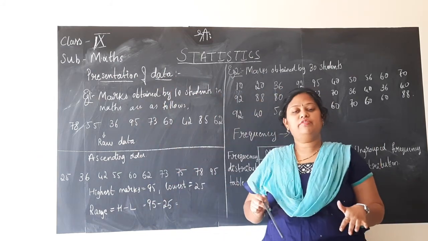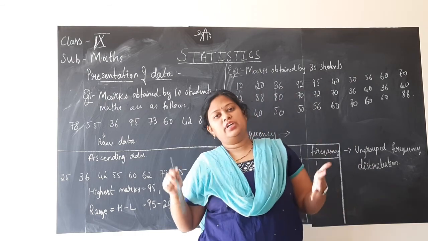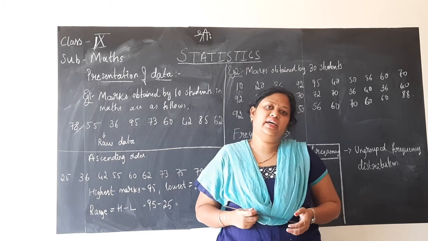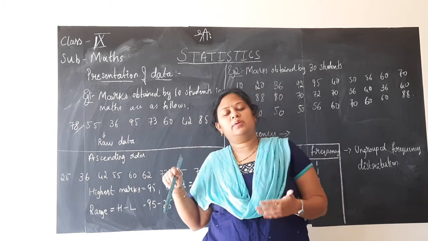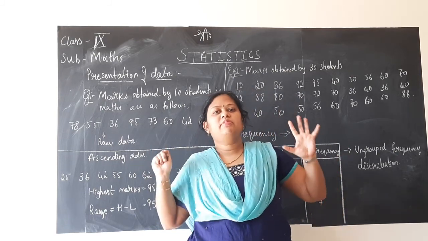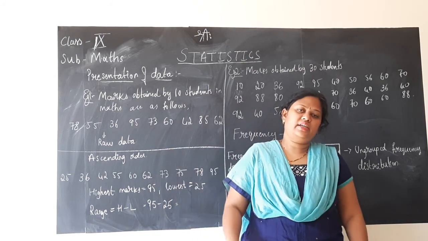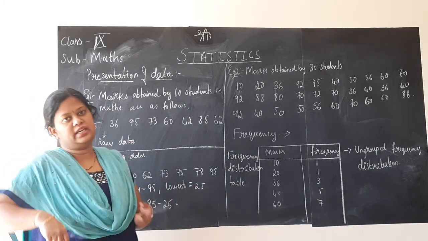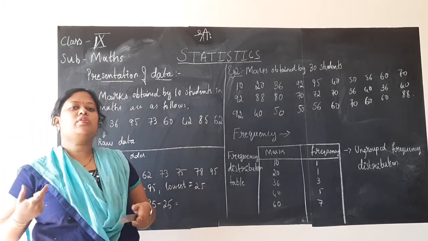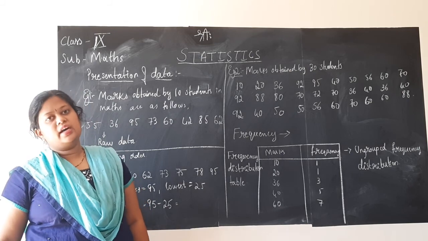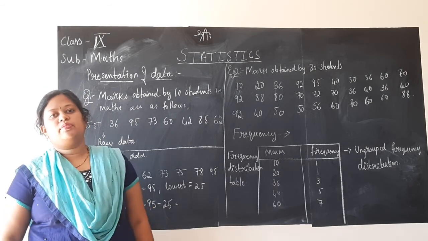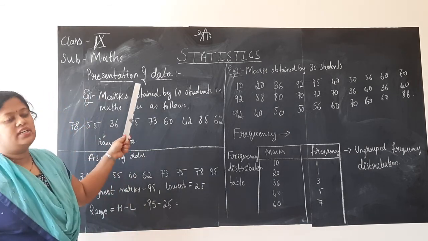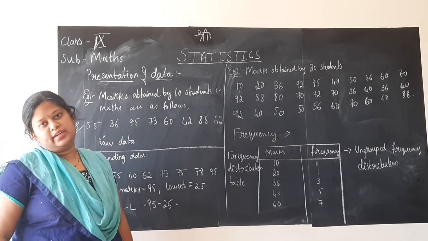So collection of information, grouping or presenting the data, as well as interpreting and giving inference on the data. All these steps, all the 4 steps followed together is named as statistics. That is what we do in statistics, children. So here, to understand how to present data, in the last session we understood how to collect the information or the data and what is primary data and what is secondary data. In today's session we shall learn how to present data, that is presentation of data, children.